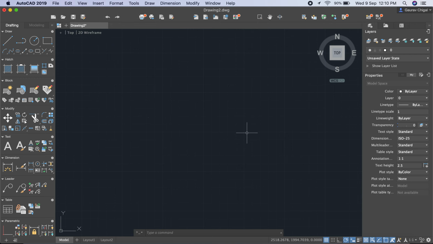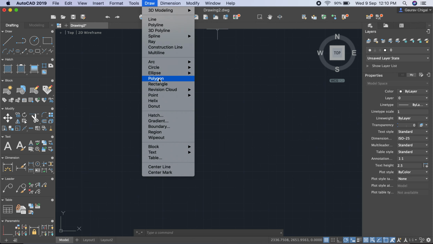The lecture is on AutoCAD, in which we discuss some other commands such as polygon, helix and donut. The polygon command is widely used, the helix command is used for 3D purposes, and donut is a very scarcely used command, used to make some typical drawings. So we discussed these three commands today: polygon, helix and donut.